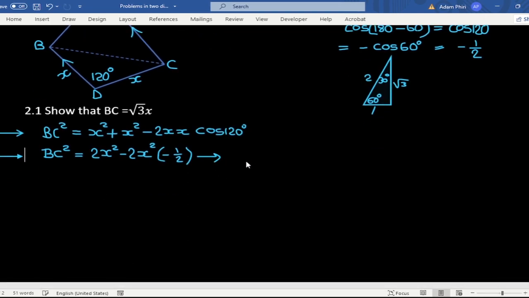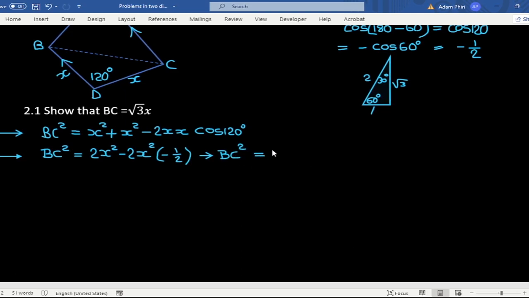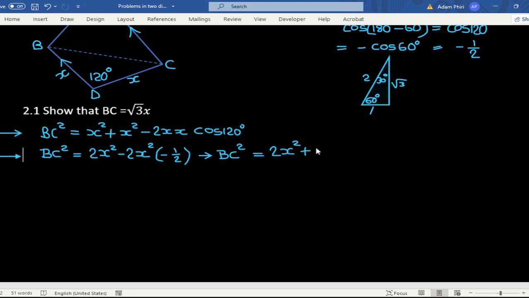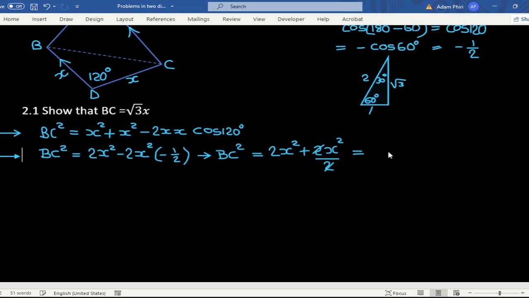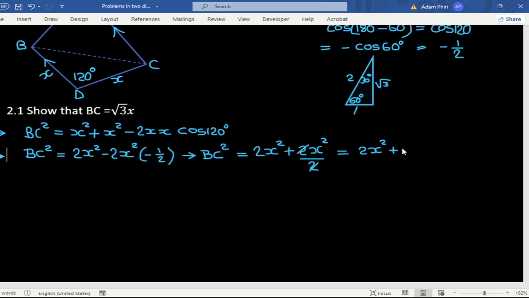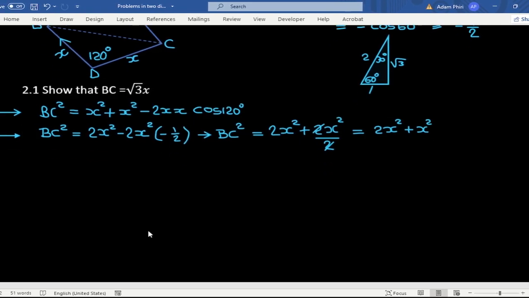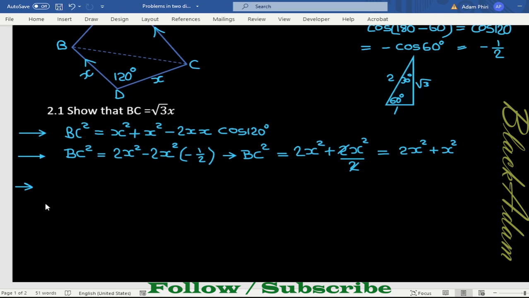So that will be equivalent to BC squared is equals to 2x squared plus negative x squared over 2. So the 2 cancels out, and then we have 2x squared plus x squared, and that gives us